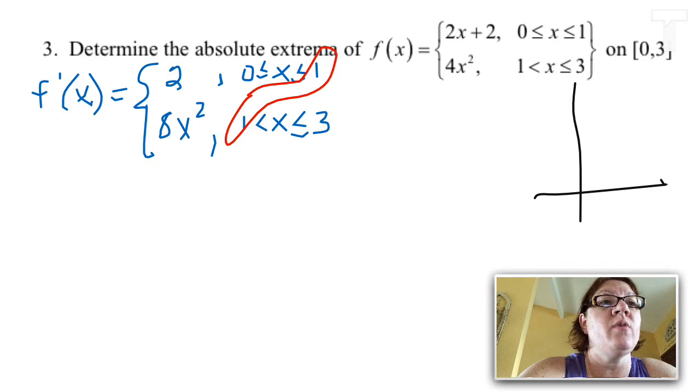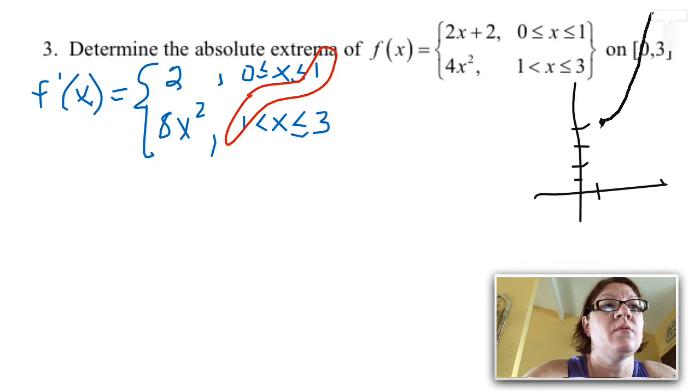Of course, this bottom one is a really skinny parabola, but that's only happening from 1 to 3. If I plug in 1, it would start at 4, and then it's going to be super steep all the way up to, what is that, 3 squared up to 36? I'm not going to draw all the way to 36. And then on the bottom I just have a line 2x plus 2, but that's starting with 0, and when I plug in 1 I do in fact get 4, so it is in fact continuous